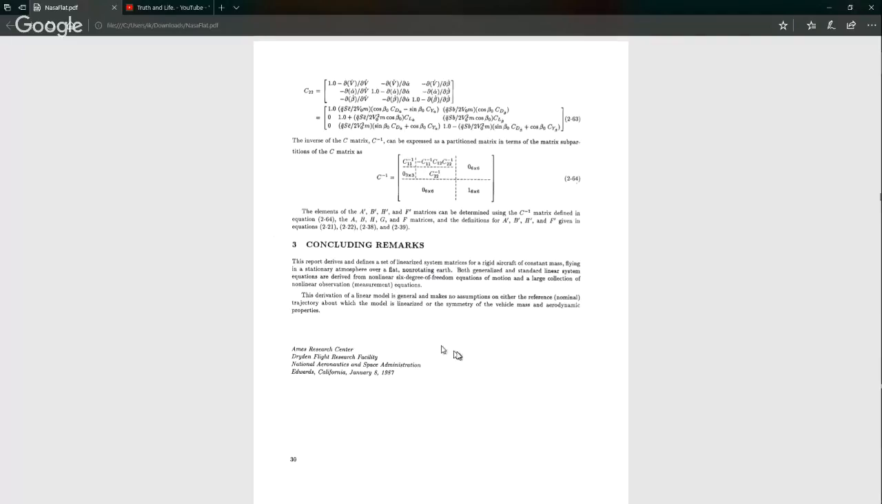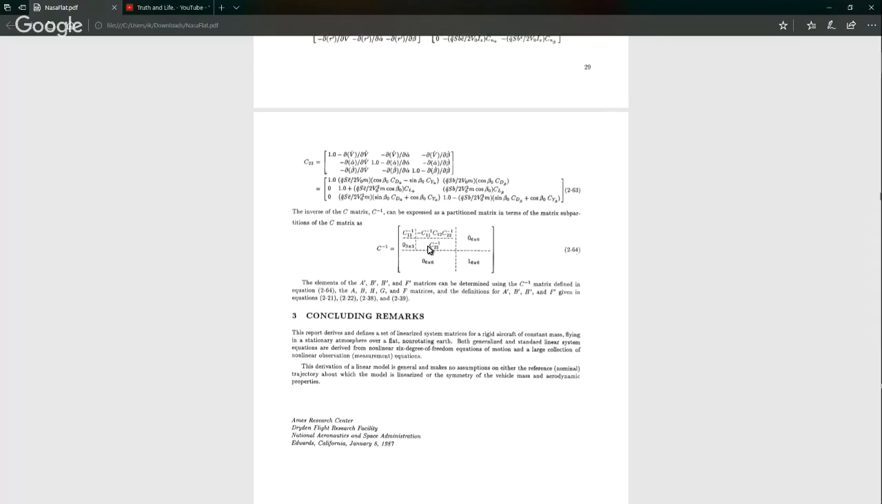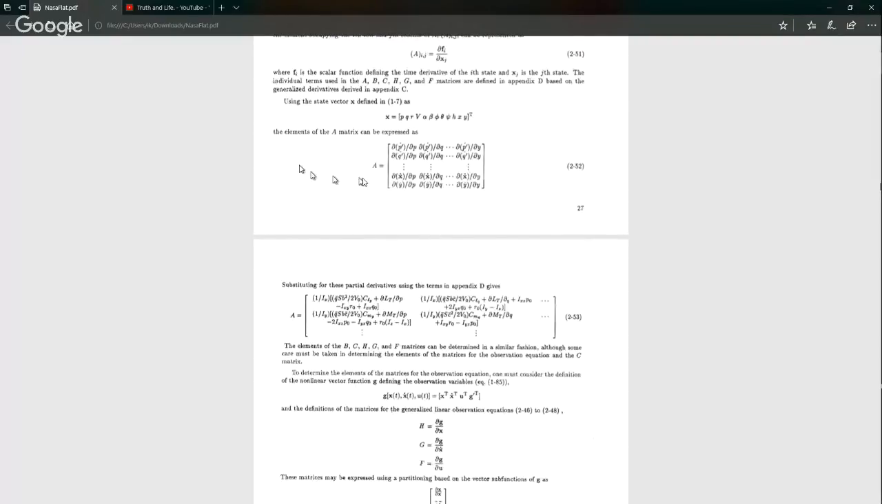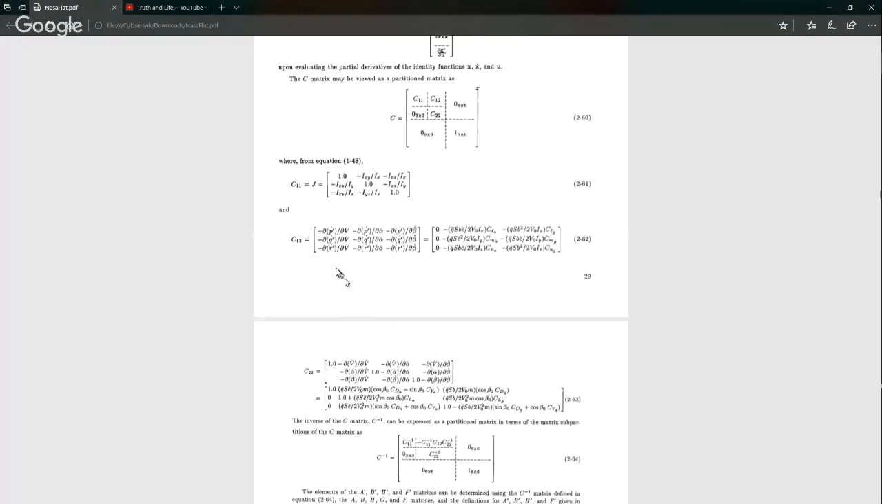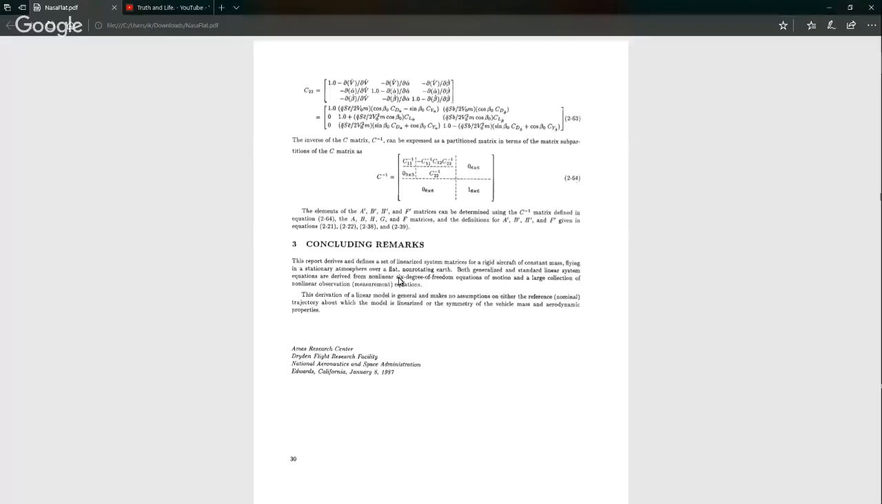Crazy. NASA is writing and researching all of this above about a flat and non-rotating Earth in a stationary atmosphere. I think that is very weird. Why do they do that? Why don't they